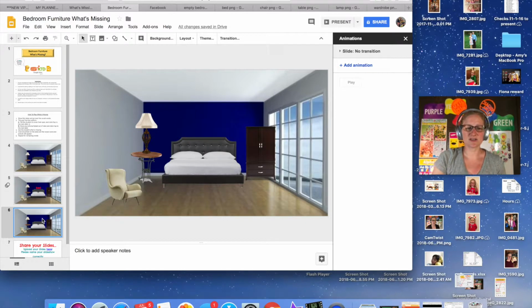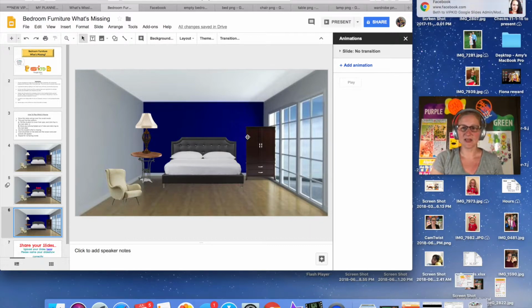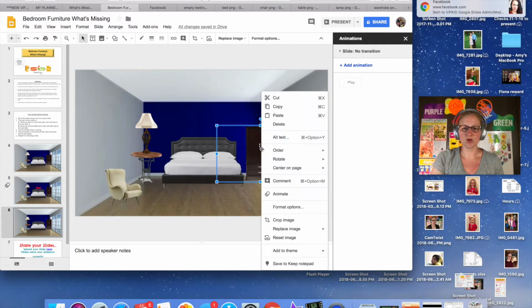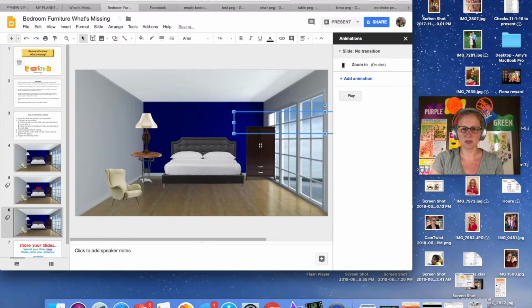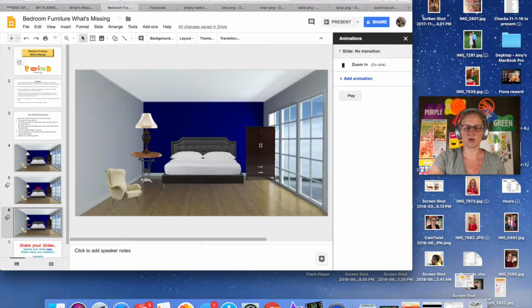So I'm going to go down to this one here that doesn't have any words on it yet, and I am going to choose the wardrobe now. I'm going to do animate. I'm going to do a zoom again. I'm just going to stay consistent with this one. Make another text box, and we're going to put it, that's kind of big. We're going to go back here, do a different text box. And I'll put it right here,